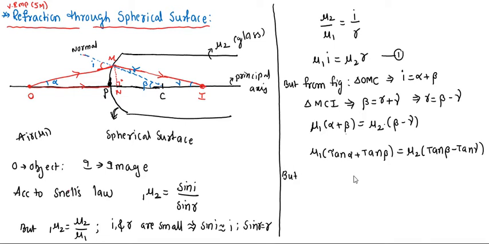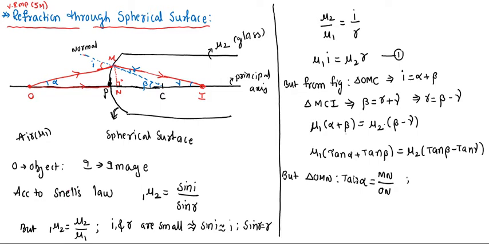from the figure, there are so many triangles in the figure. We take the right angle triangle OMN. From that right angle triangle OMN we write tan alpha equals opposite side by adjacent side. What is the opposite side? MN. What is the adjacent side? Right, ON. Okay, if you are unable to write all these things, you can ask me how you wrote it. And then tan beta, what do we write here?